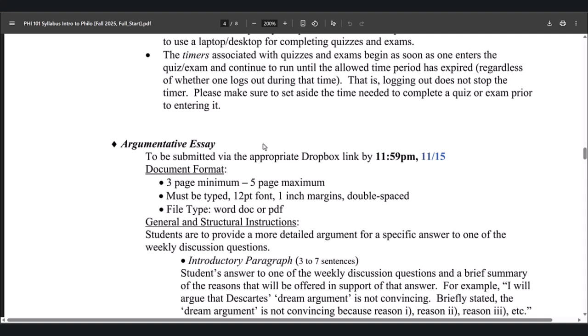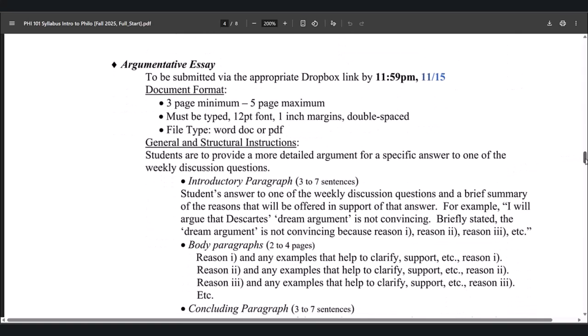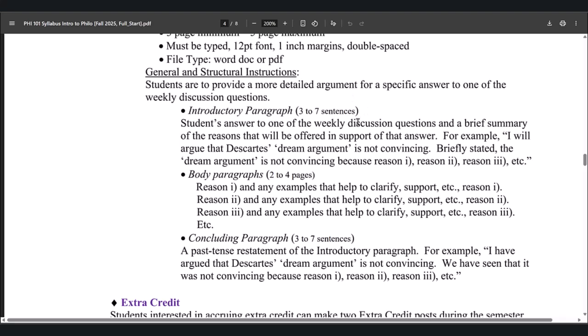The argumentative essay, it's straightforward. It's a 3 to 5 page minimum. And what it is, you're just expanding upon a discussion post. And it's a standard